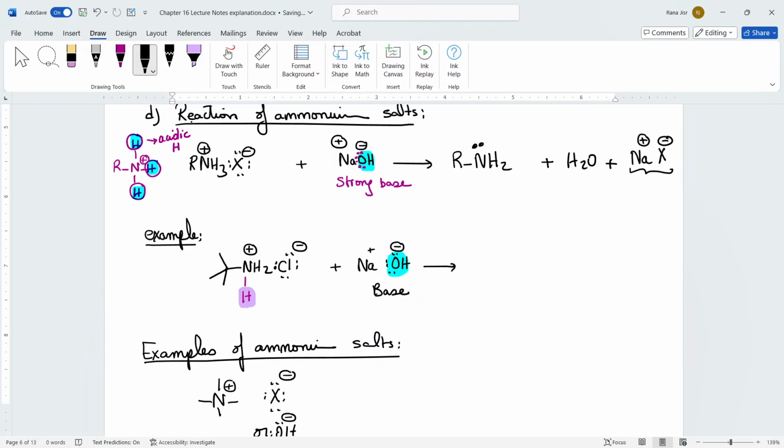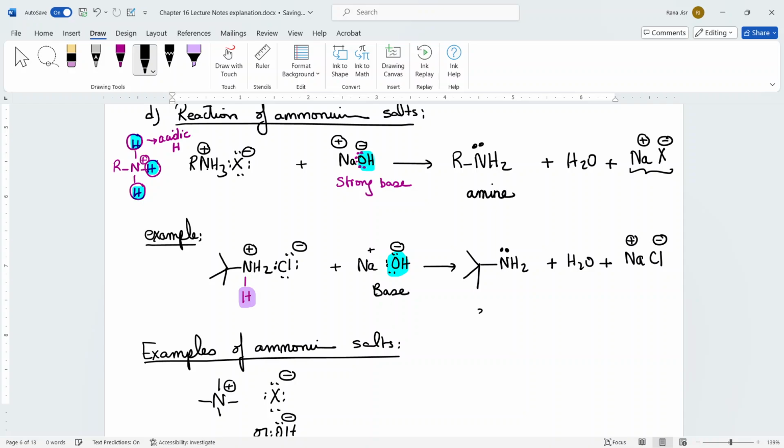So when it does, you are going to end up forming the NH2. Please put your lone pairs in there. Plus you formed water. Plus over here we do have the sodium, and we're left with the chlorine in there, which is NaCl. It's up to you if you want to put the charges on the sodium or the chlorine, or if you want to leave it like this. It's really up to you, but I'm going to go ahead and put the charges in there. So this is over here an example of reactions of ammonium salts that make an amine.